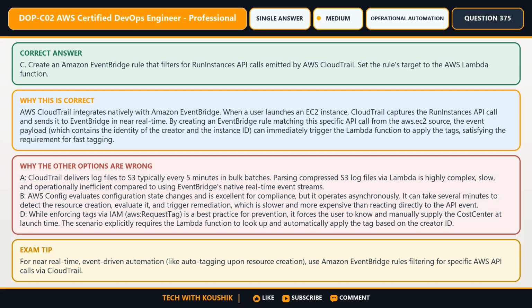The right response is option C. Create an Amazon EventBridge rule that filters for RunInstances API calls emitted by AWS CloudTrail. Set the rule's target to the AWS Lambda function. AWS CloudTrail integrates natively with Amazon EventBridge. When a user launches an EC2 instance, CloudTrail captures the RunInstances API call and sends it to EventBridge